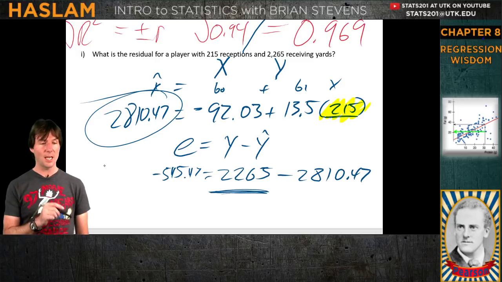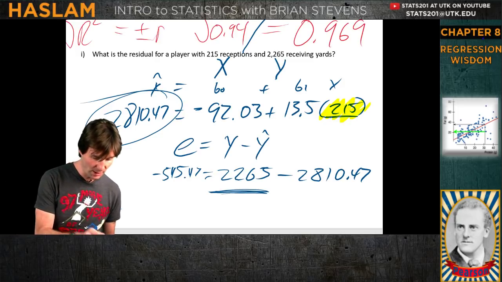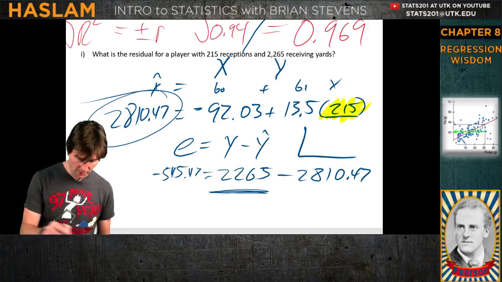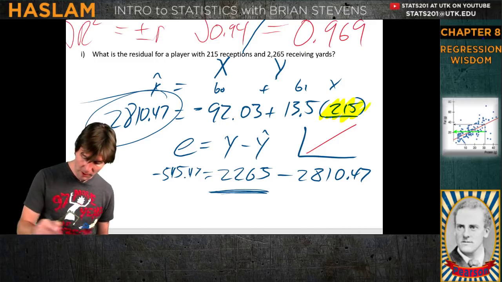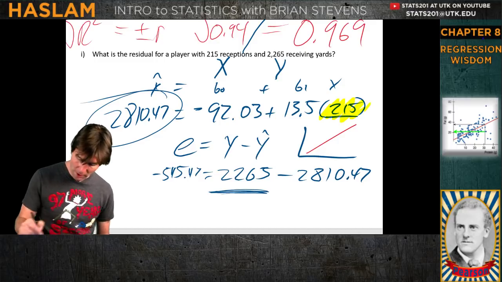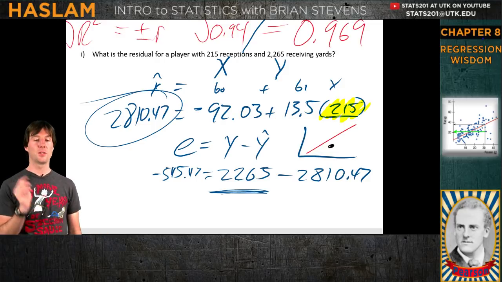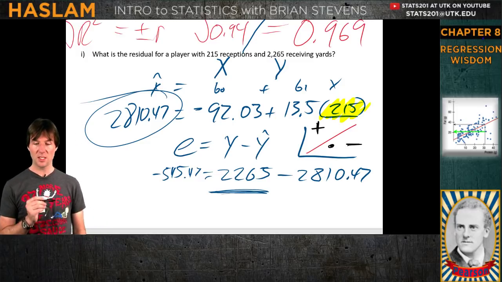So the person has a negative residual, because think about it. If we have the model, let's put it right here, and then we have our line, and a person is below the line, well then the person will have what residual? If the person is below the line, their residual must be negative. Does that make sense?